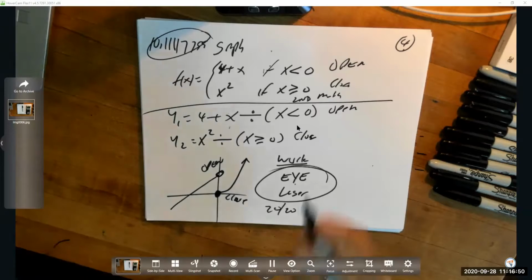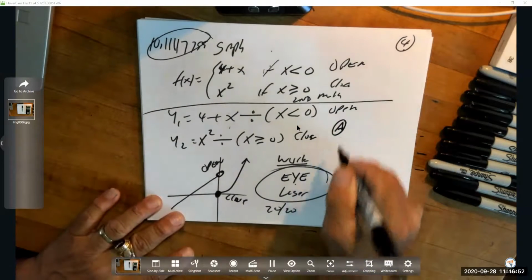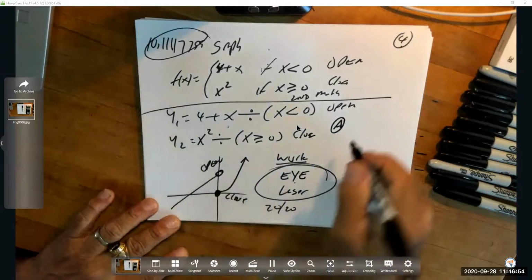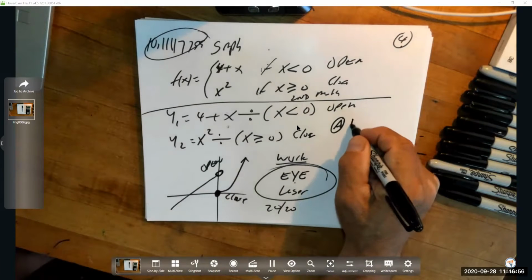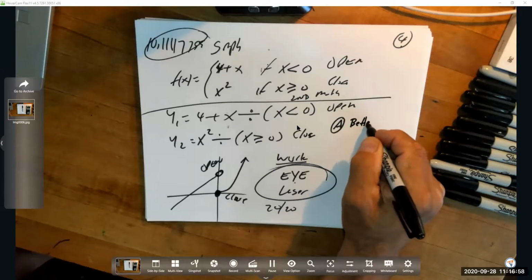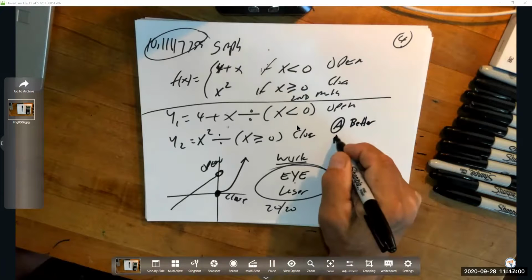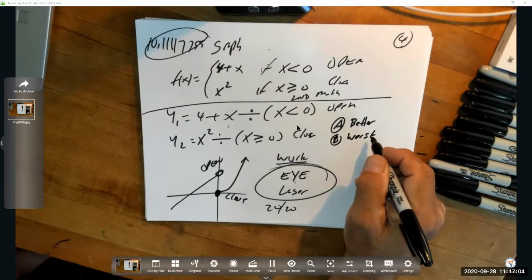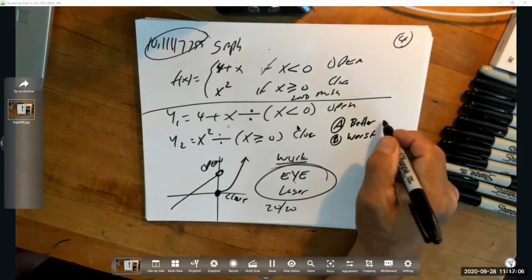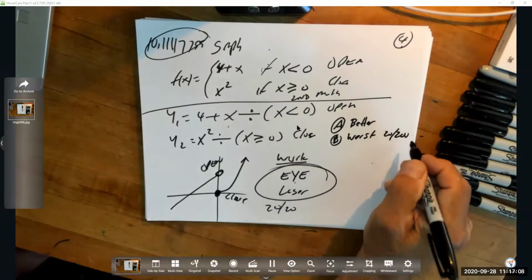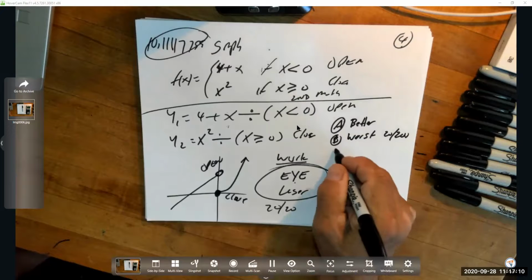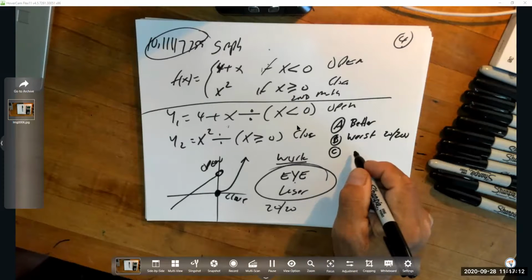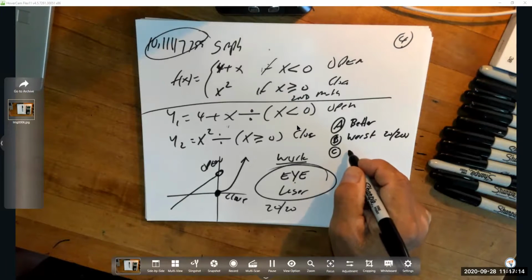So now let me go back to this thing. A, when you use a machine like this, when they come out of there, their vision can be better. Or B, their vision could be worse. When they go, man, now I have 2200 vision. I can't see nothing in front of me, man. Or C, what else could it do? Oh,